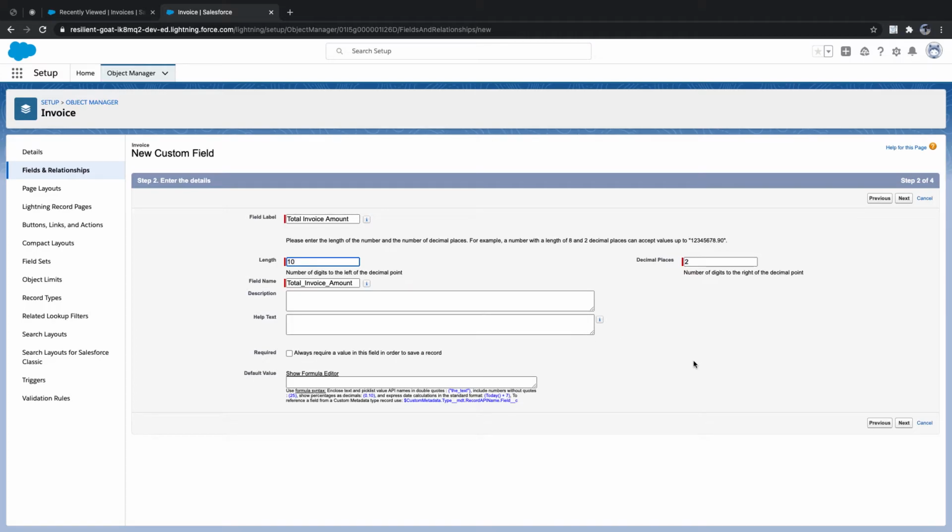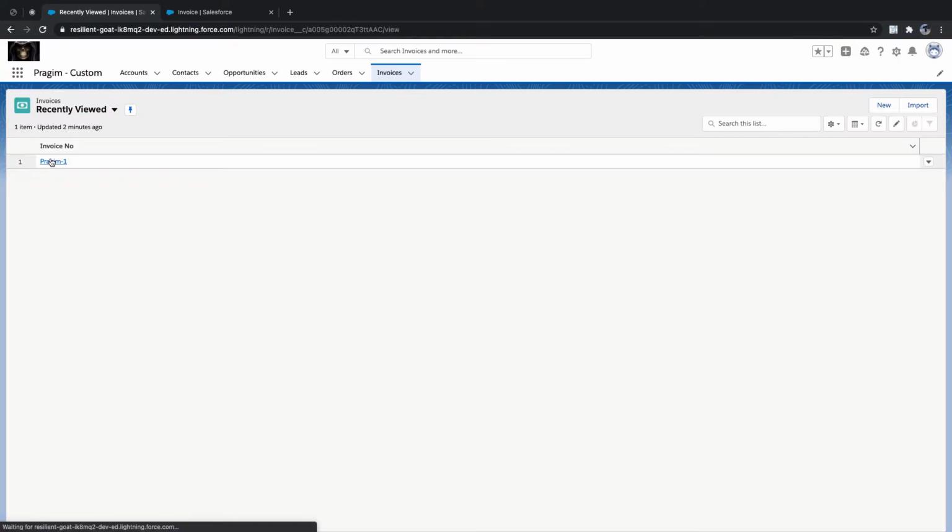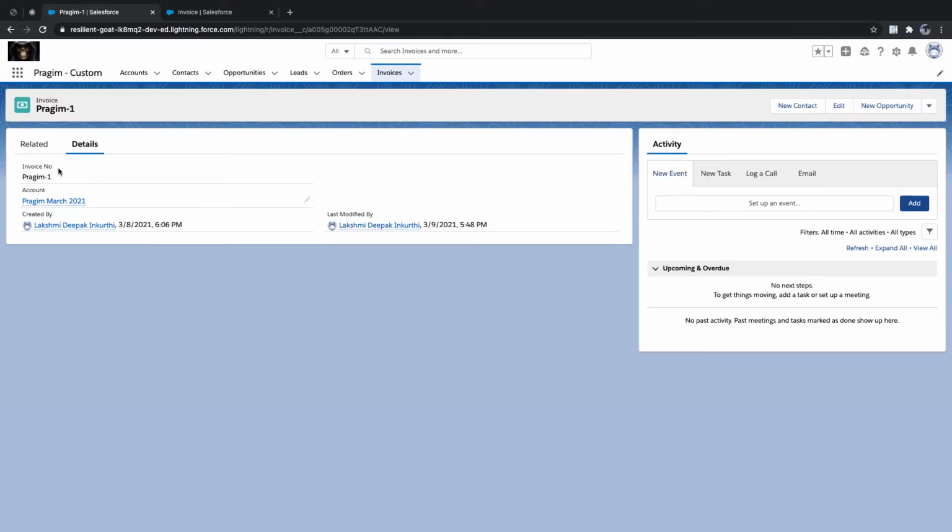So the maximum currency field that you can enter in Salesforce is 18 characters. And I'll say this field is always required to save a record. Yes, I always need this value. This is your current invoice bill for the date. This is a help text: when the user goes to the field, he will get an eye icon here.